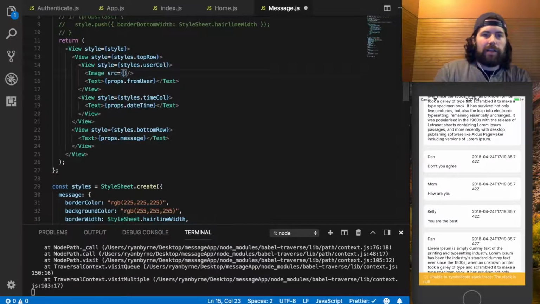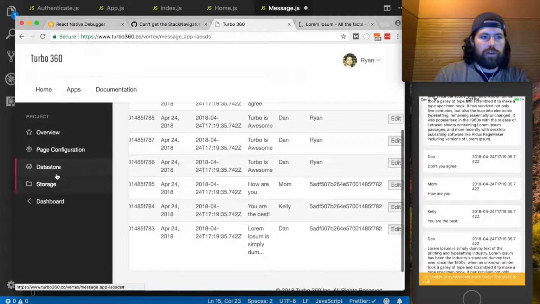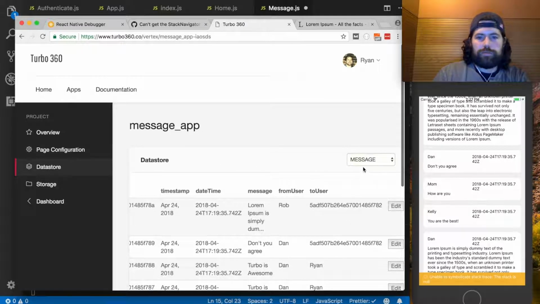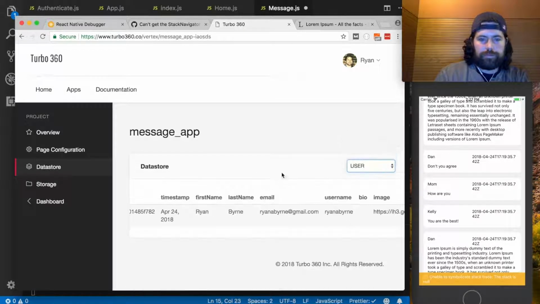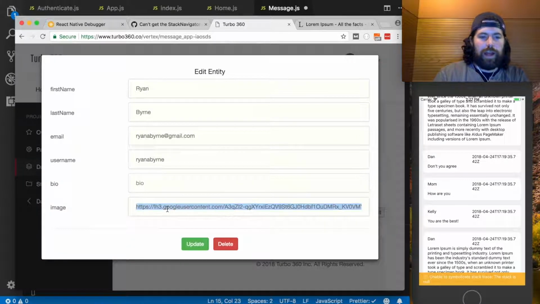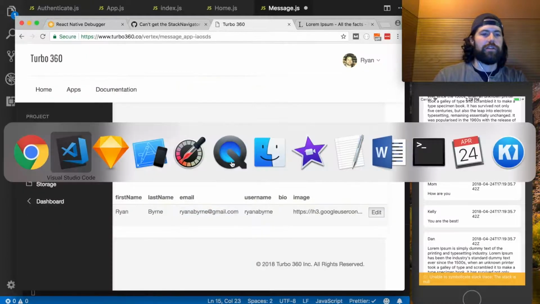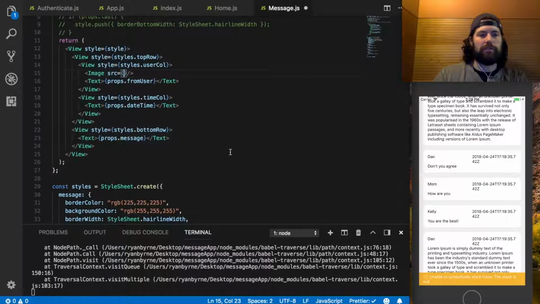And while I style this, I don't know if you remember, I attached an image to my profile. So if we go to our user store, I have this image. I'm just going to copy and paste it for now. But the goal is eventually all the users are going to have these images attached like this, and that's what we're going to use. So we'll attach the whole user object and we'll automatically have their images. That's going to require a little back-end work. But to start, let's just say,